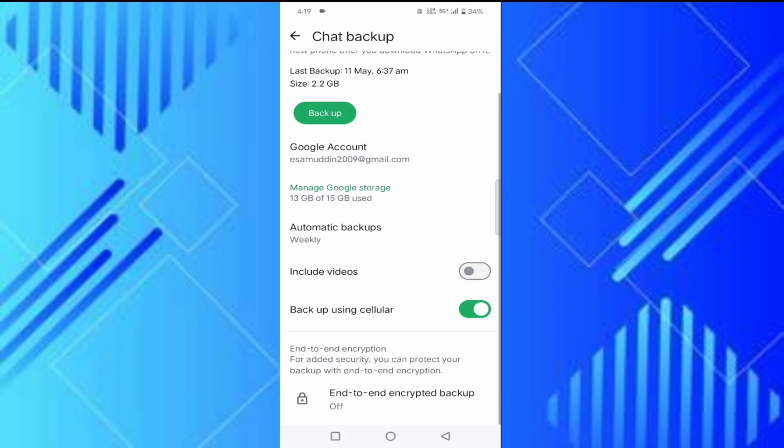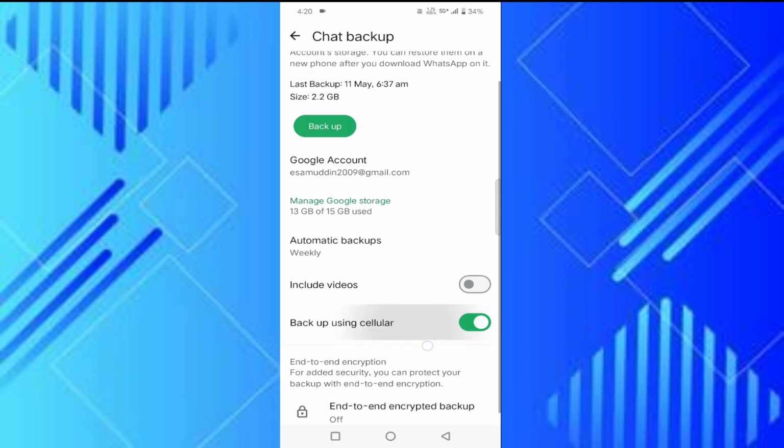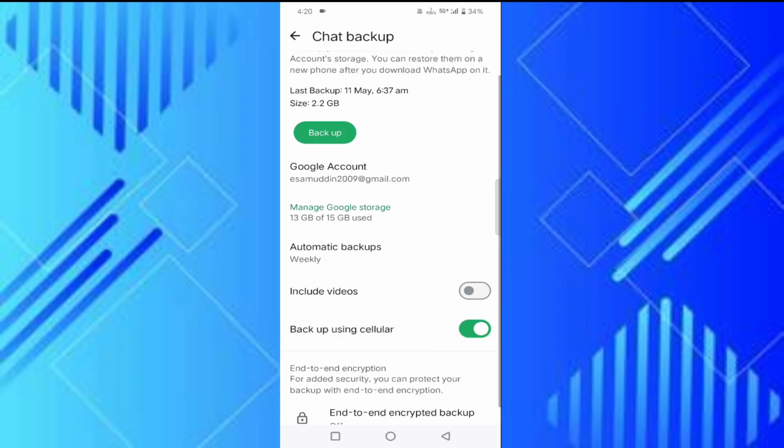Here you can see one option which is include videos. If you want to backup your gallery videos or WhatsApp videos, you just need to enable this option. If you enable this option, your videos will be backed up in your Google Drive, which requires more mobile data and more of your Gmail storage. So better option is you just disable this option,